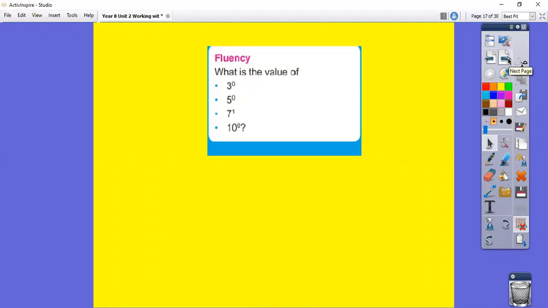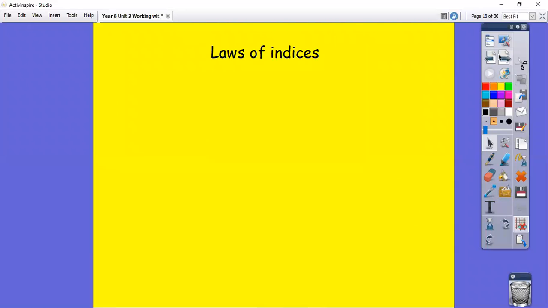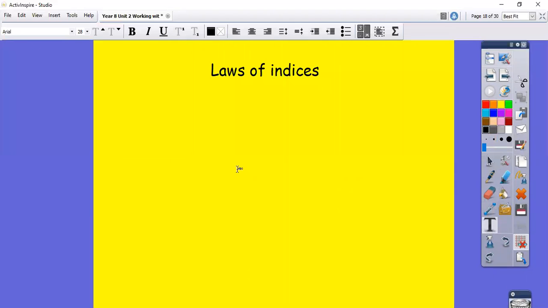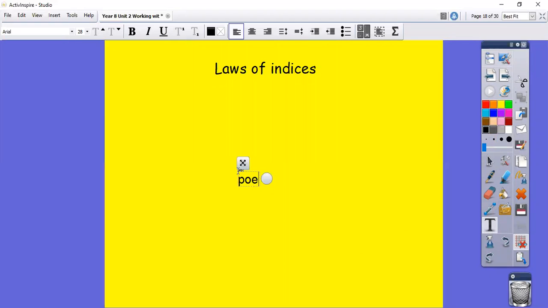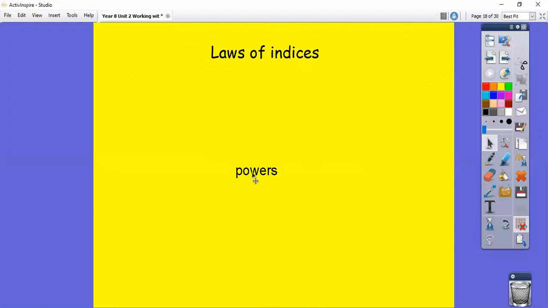Let's just first go through laws of indices. Now, indices is another word for powers. So powers and indices basically mean the same thing. Indices is the plural of index, powers. So looking at the laws of indices,